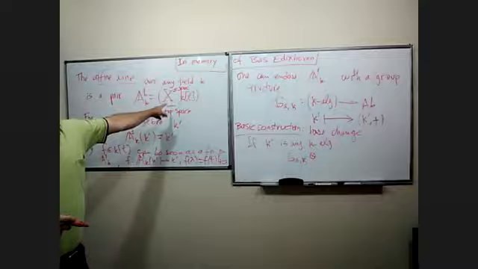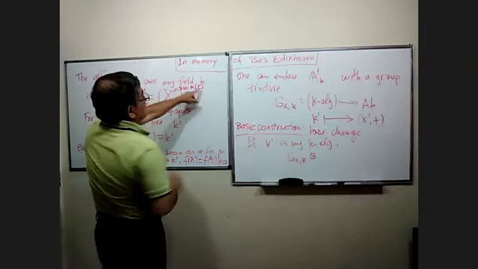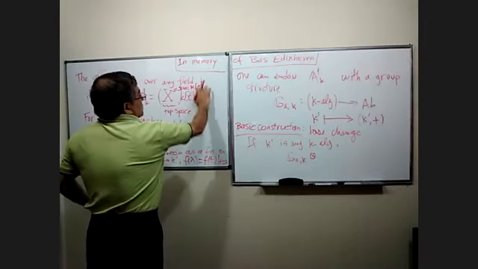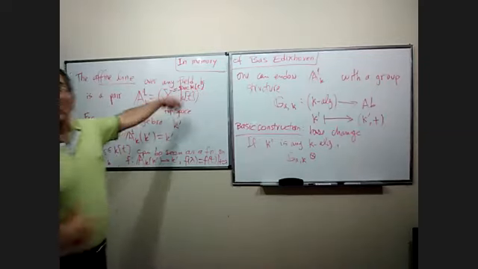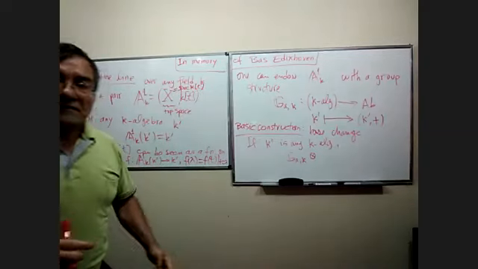I didn't want to go into detail, but it's the Spec of the polynomial ring. The closed points here are maximal ideals, irreducible polynomials, and so forth. Is that the question? So it's not any topological space, but specifically